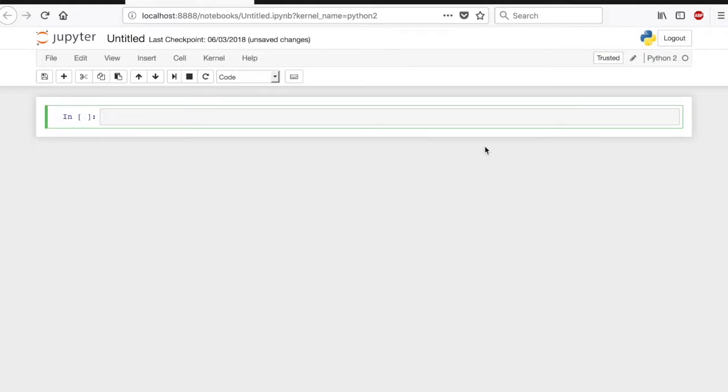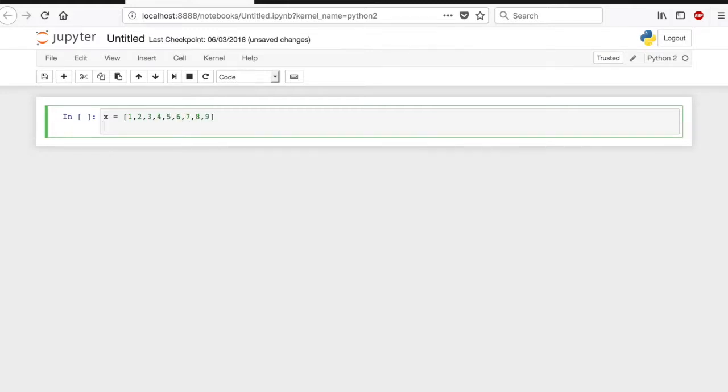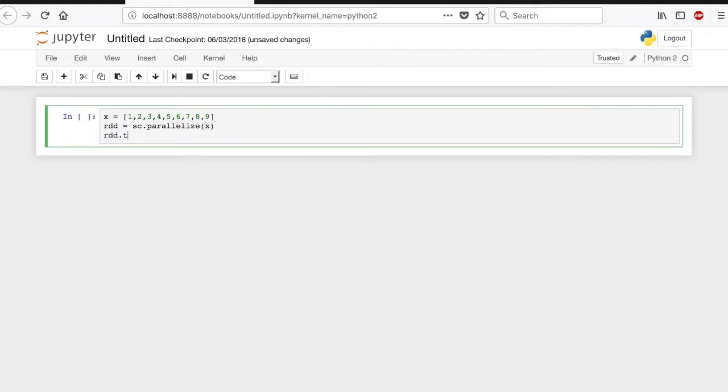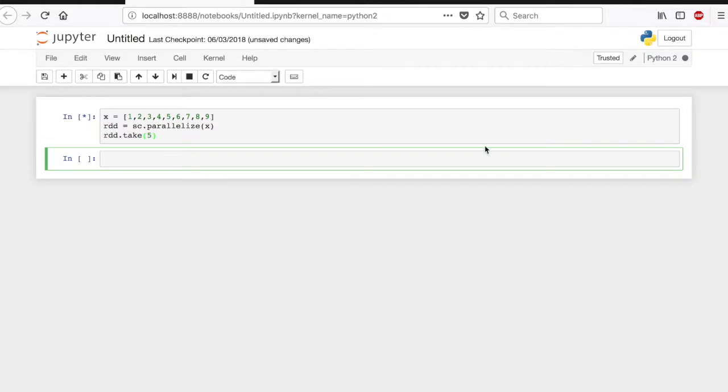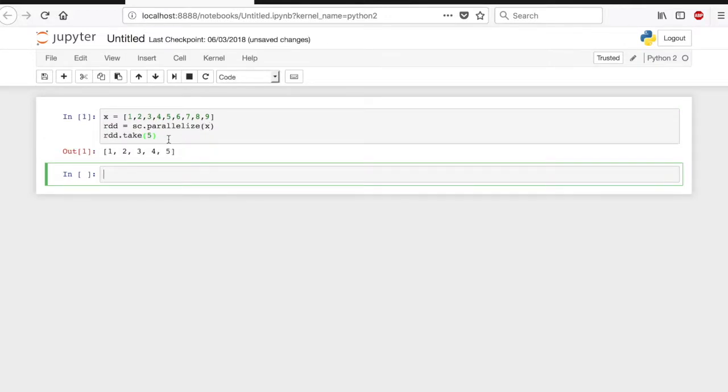So here's what I mean. I'm going to illustrate it with an example. Suppose that we have a list, let's say we have numbers 1 2 3 4 5 6 7 8 9, and we are going to make it into an RDD by parallelizing it as sc.parallelize. Then we take 5 and see what happens. As you can see, we have already formed an RDD